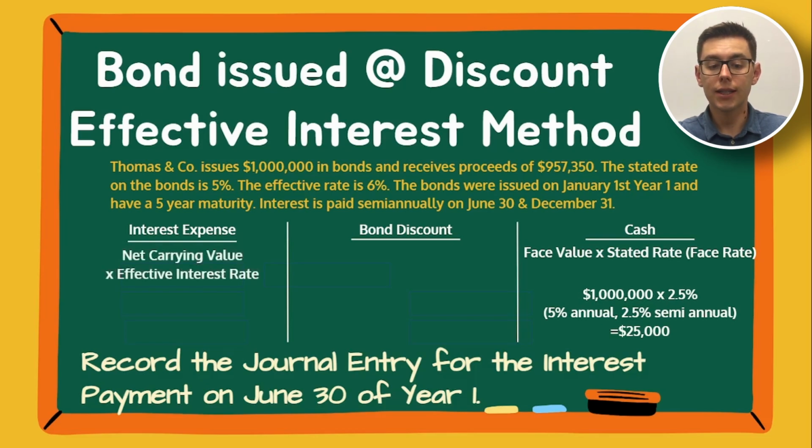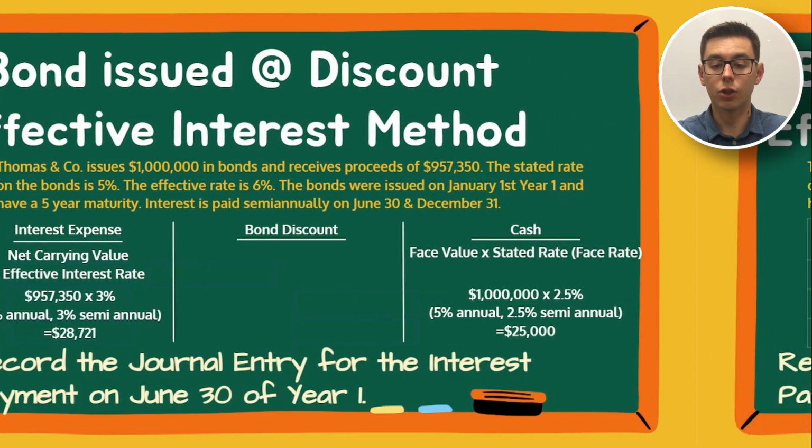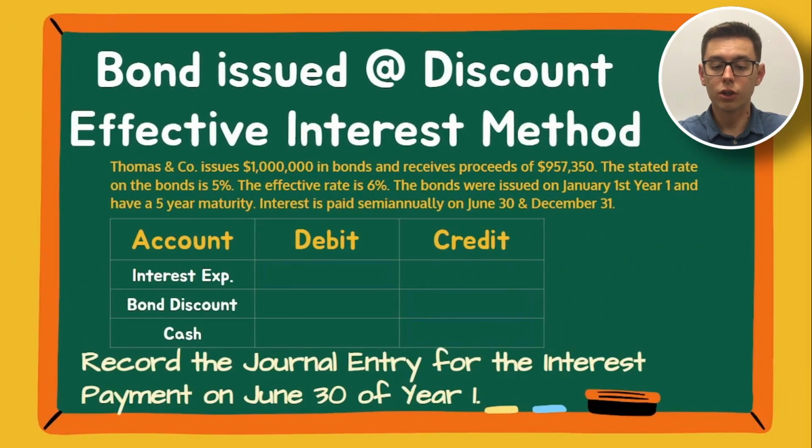Next, we have interest expense. Net carrying value times the effective interest rate. So this time our net carrying value again is the proceeds that we start with. $957,350 times 3%. That's the semi-annual rate, 6% divided by 2 or 3%. $957,350 times 3% equals interest expense of $28,721. So if we plug those amounts into our journal entry, we get the cash payment of $25,000 as a credit, and a debit to interest expense of